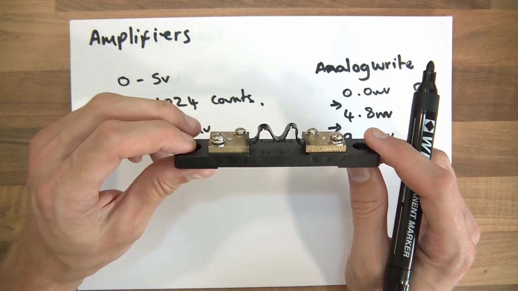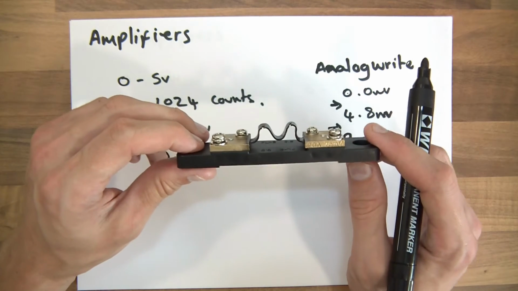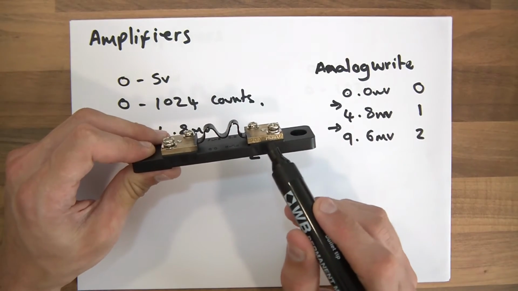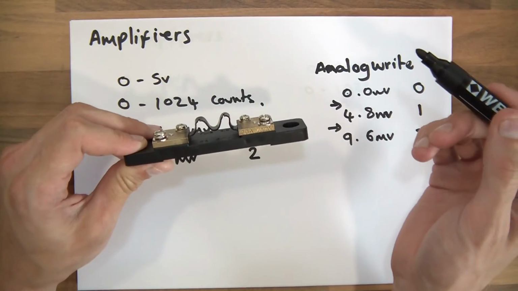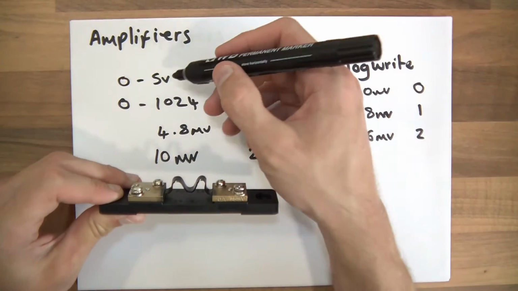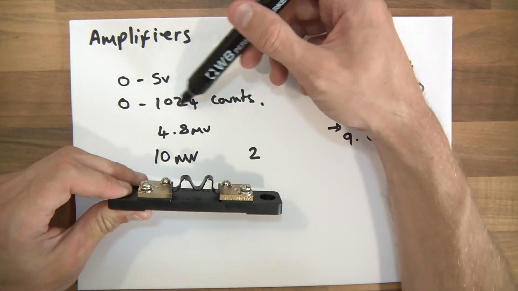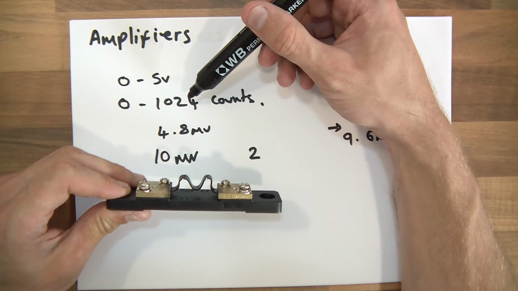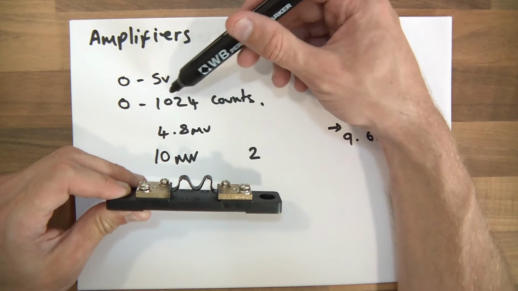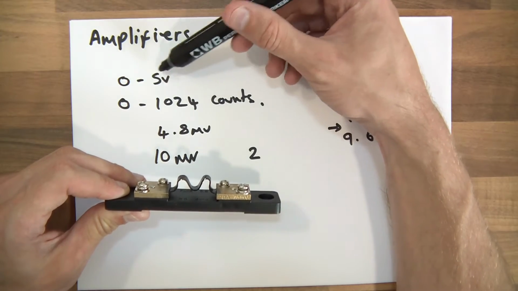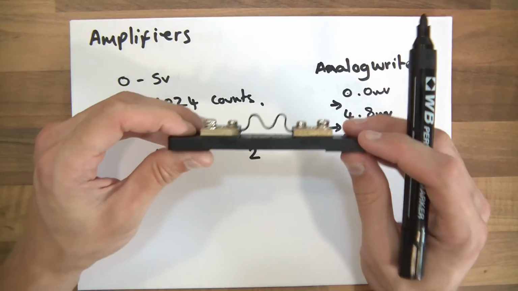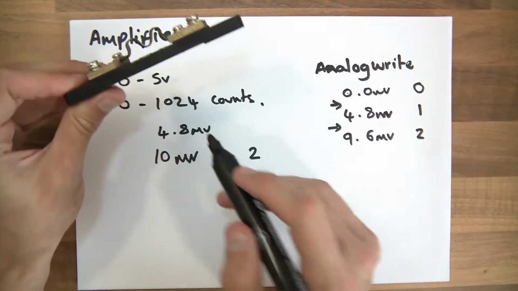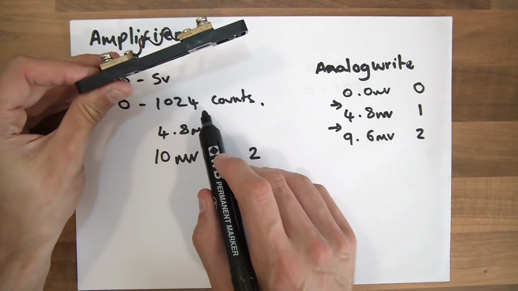So, now, what's this got to do with it? What it's got to do with it is that if you were to get 75 millivolts and then amplify it to say 5 volts, then we could make use of the full 1024 counts. And if we were able to make use of the 1024 counts, or the full 5 volts, we'd have much, much better accuracy. And what it means is that the 20 amps can be spread all over the 1024 counts,